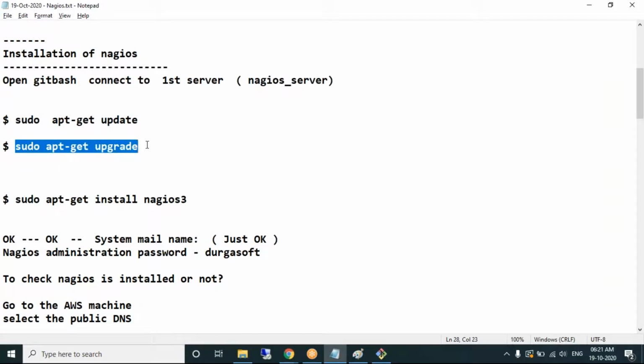Let's say you want to upgrade Git from a lower version to a higher version. State equal to present will install it, but it will not be upgraded. State equal to absent will uninstall it. State equal to latest will upgrade that particular package. Update cache equal to yes updates the APT repository; without it, you can also update it. So it's up to us. Generally, whenever you are upgrading or installing, it's always good to set update cache equal to yes, to update the APT repository and upgrade or install. Okay, sir.